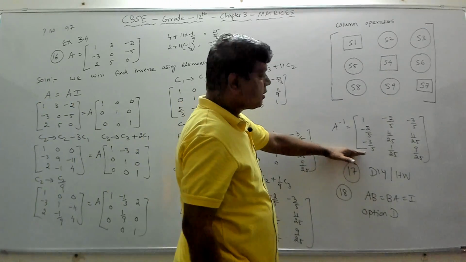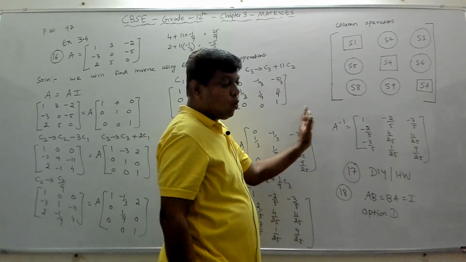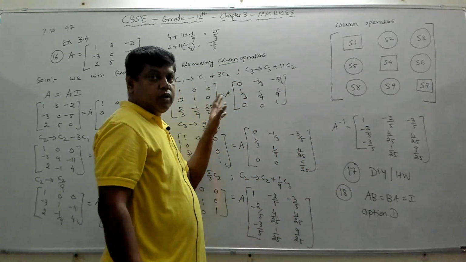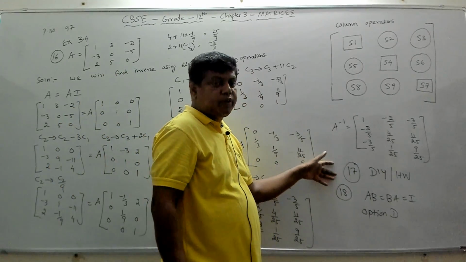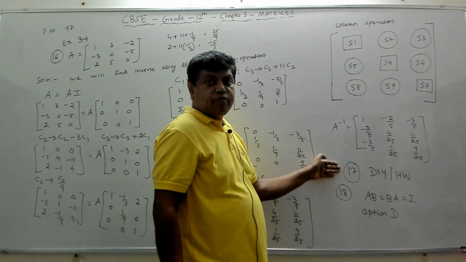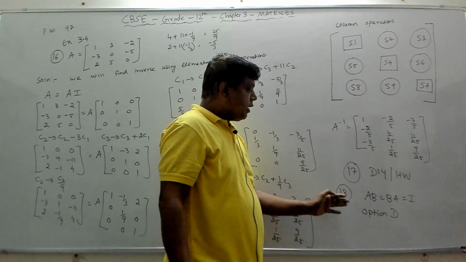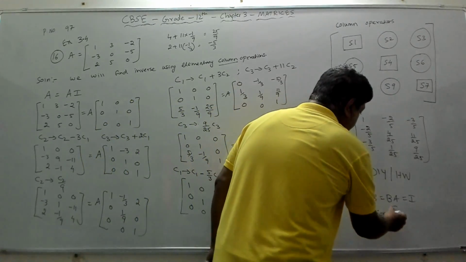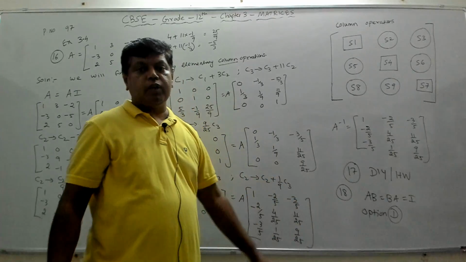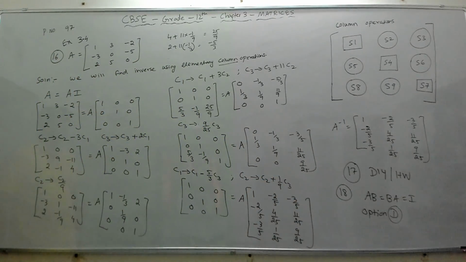Fine. So this is how we do this, and this is how we find the inverse. Here problem 16 ends, and problem 17 you can do in a similar way to how I did problem 16, or you can watch my previous video for how I did problem number 15. This is also finding the inverse of a 3x3 matrix using either elementary row or column operations. And for the 18th, option D is the answer. This is based on the definition of the inverse. Fine. So you can all pause the video and take the notes.